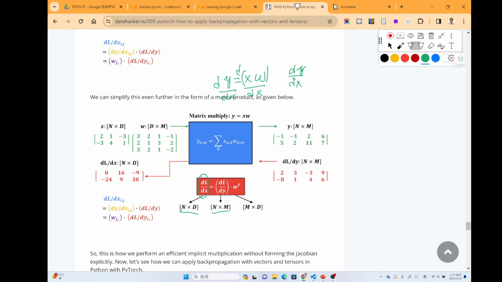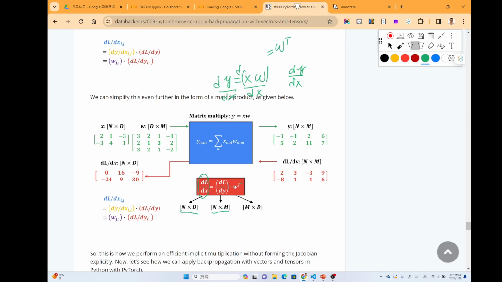Actually, by using the matrix derivatives, we know that the answer for this one will be the W transpose. But without using this formula, we can just check the dimension of a variable to decide if we need to put the transpose or not, because this is n by d, this is n by n.